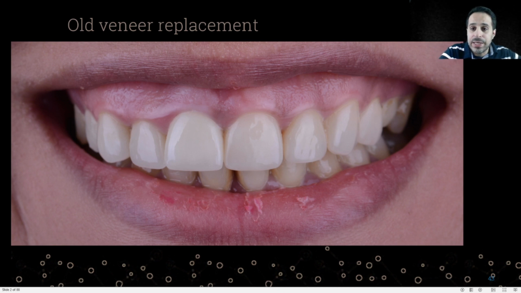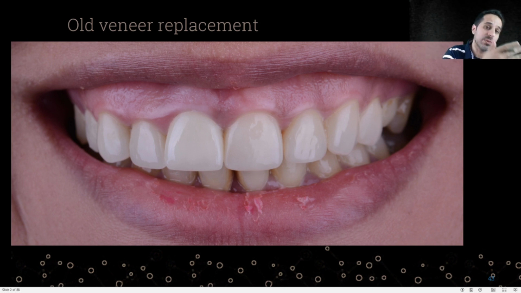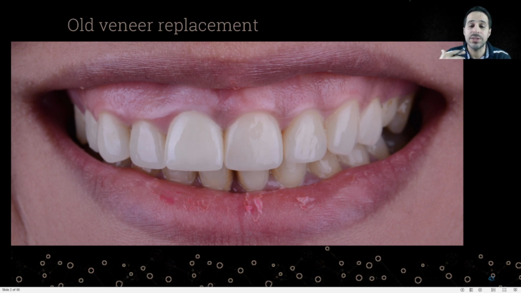To be able to communicate with your patient, you have two options. Either you will get an impression, send it to your lab, and wait for a couple of days till you get it back to your office. Then you will call your patient, set up another appointment, and show her the model. And you might do a mock-up for her, which will look bulky, and it might work or not. Or